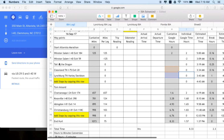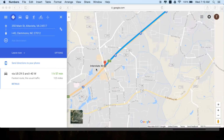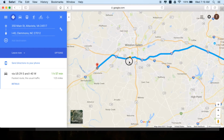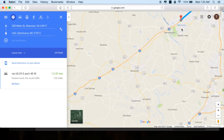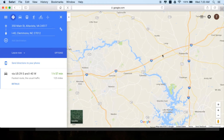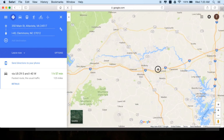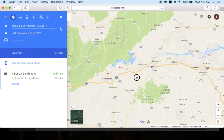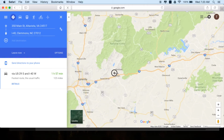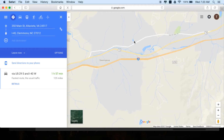So let's go on to the next stop, which I had planned as exit. I'd already predetermined this, but we'll go down to exit 59 and see what Google says about that. So we'll zoom out here in Google, pretty good ways. And I know that I was down here near Asheville and Swannanoa. Not sure if that's how you say that, but